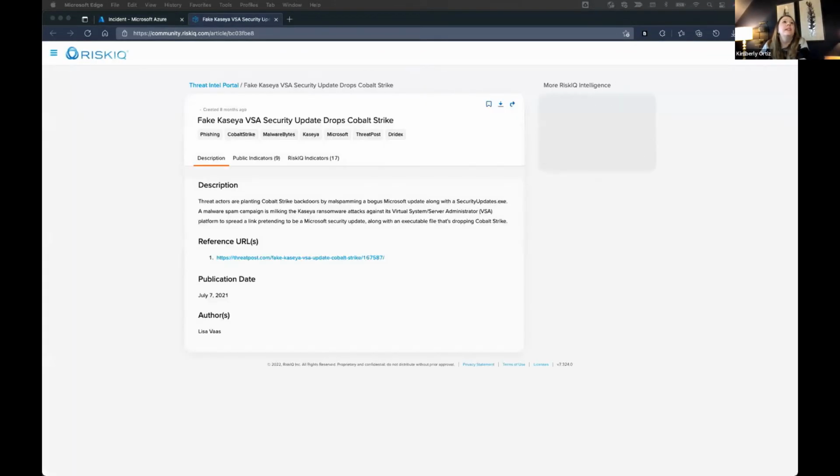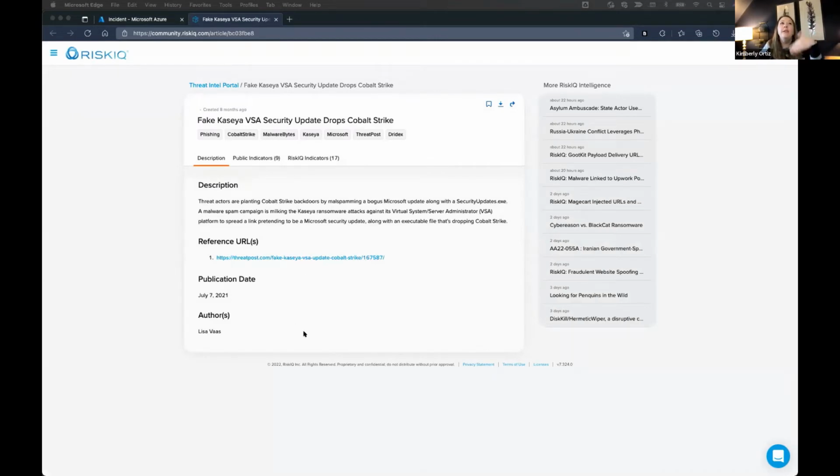And this is going to give you more information on what I was describing at the very beginning of the scenario, what we're looking at. Right here, we are in our threat intelligence portal. In the middle here, I have a description of what was going on, and I have a link to the original article that we pulled in. I think it's always super important to go back to the source to really understand the details of what was observed. If I were to drill into this article, it's actually documenting tweets that were put out